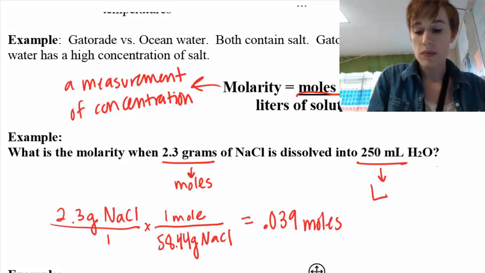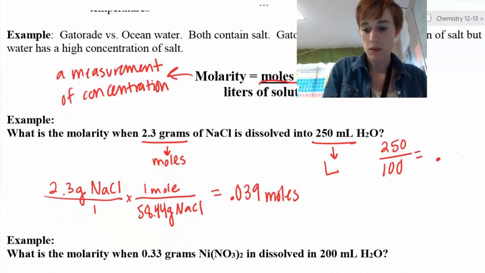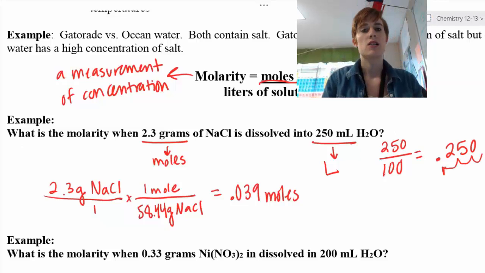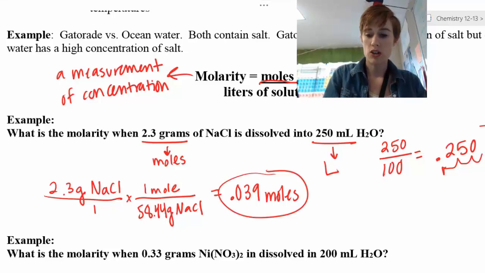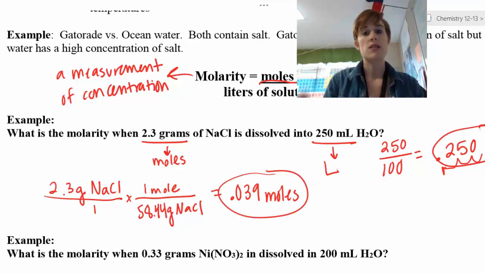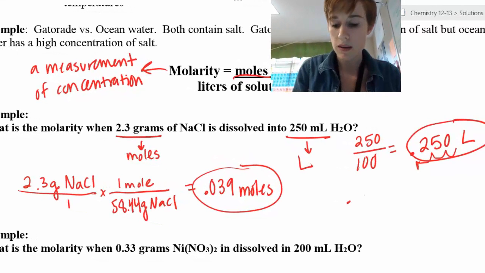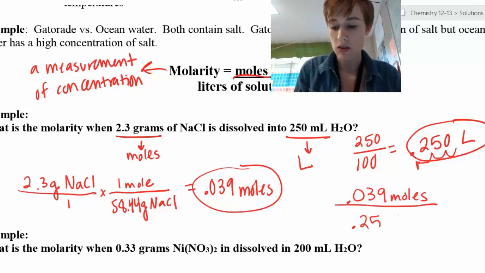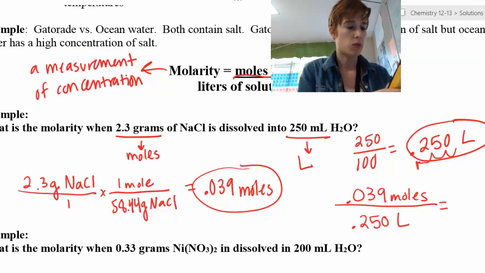Okay, so that's going to go on the top, and now I need to convert my milliliters to liters. To convert milliliters to liters, you can divide by 1,000, or what might be easier is all you do is move your decimal 3 places to the left, and then you'll get liters. So these are my two givens. Remember, molarity is moles over liters, so I take my moles of my solute and I divide by liters of my solution. So I do 0.039 divided by 0.250, and I get